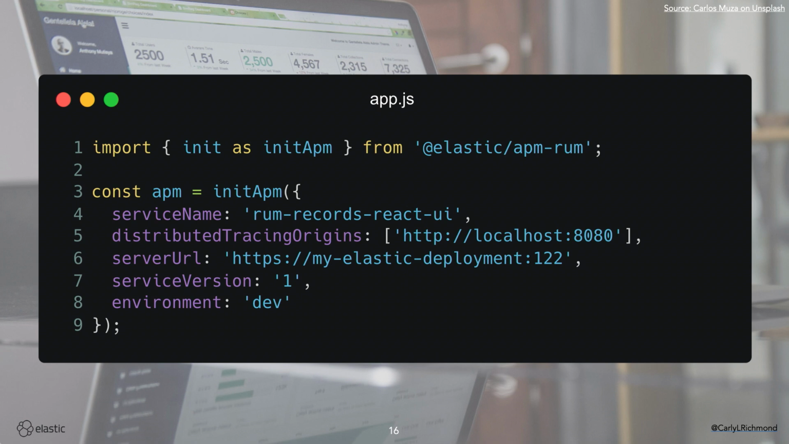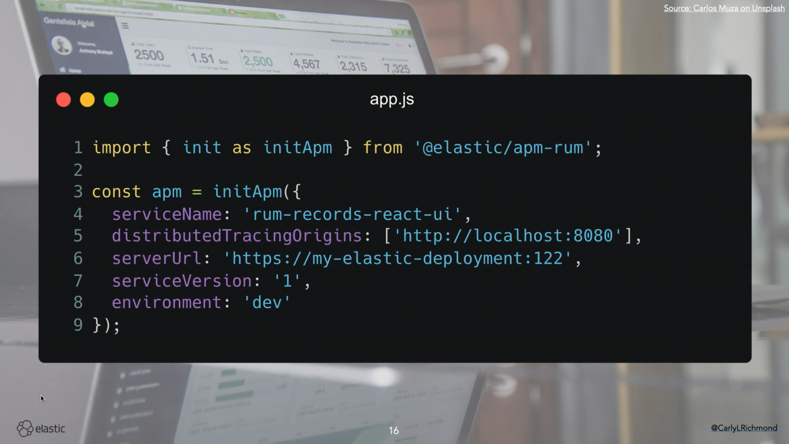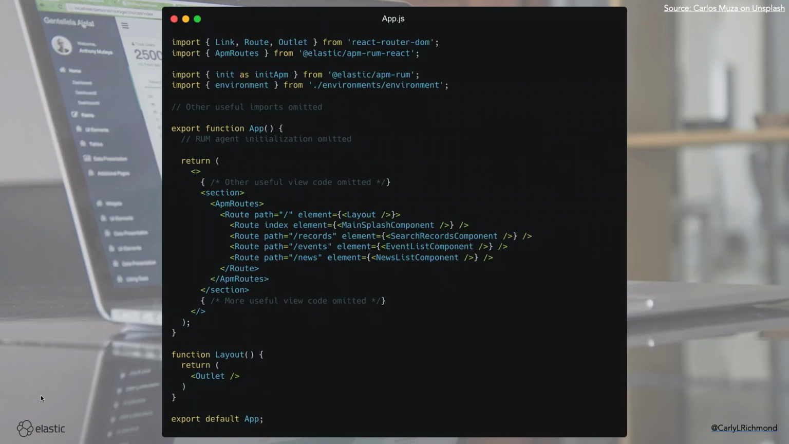And by using tracing origins and specifying exactly what your back-end header is, it adds in the W3C trace parent header, so that we can then correlate our front-end and back-end signals. Right, now we'll show what that looks like in a moment, but the other thing we need